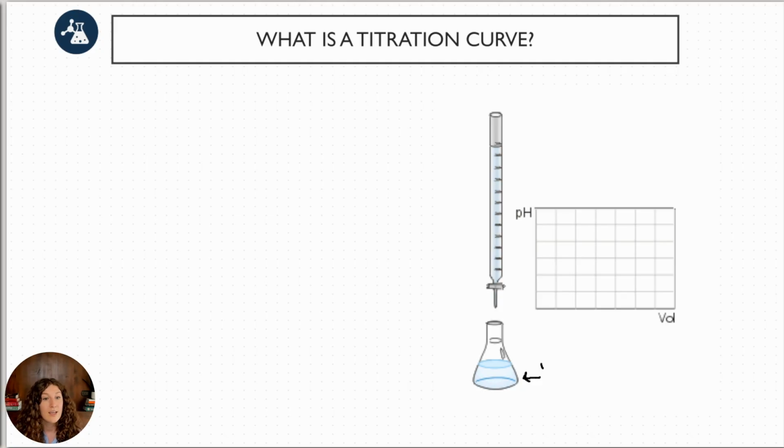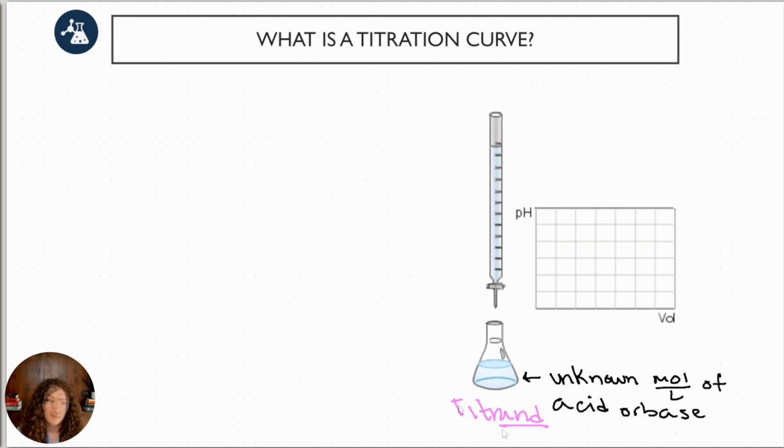Now, I used the example of an acid in the intro to this video, but it can be either. It can be an acid or a base. So an unknown molarity, all right, so that's the moles per liter of an acid or a base. And this is called the titrand, A-N-D, which we'll go ahead and put in pink. So that's how we're saying, hey, this is what we have that we're interested in figuring out how much acid